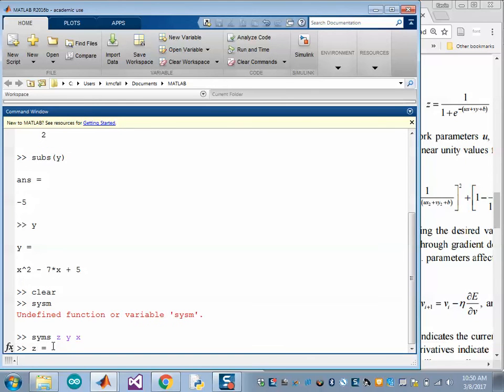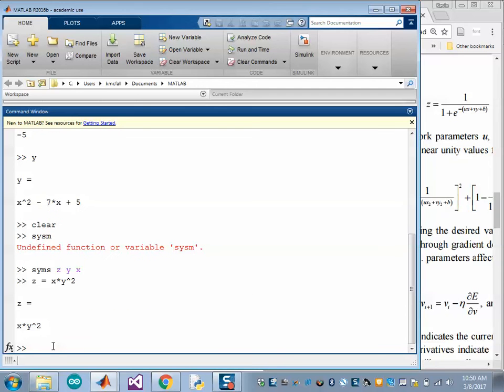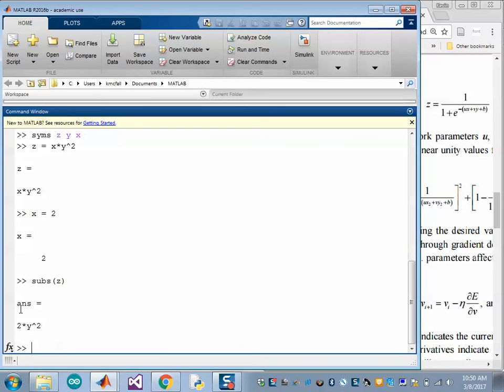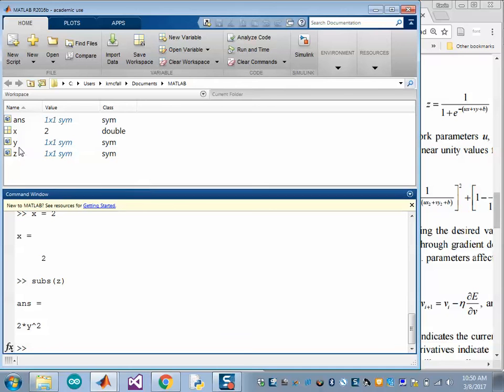Let's have z be a function of x and y. Okay, and if I now set x equal to 2 and do subs into z, the x will be replaced by 2, but the y will remain a symbolic variable. Okay, because y still exists as a symbolic variable. y is still a symbolic, x is not a symbolic, so when I subs, it only substitutes the x in there. Okay, so I'm going to go ahead and